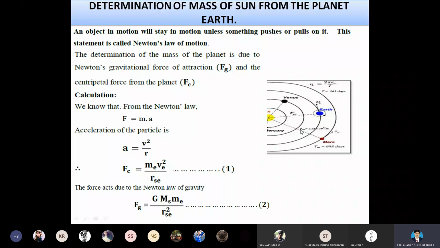If you measure the radial distance between the sun and the earth, the force is directly proportional to the mass of the body, but inversely proportional to the radius. That's why we are using the term r. So here the r square is nothing but the distance from the earth to the sun plus the sun's radius. So this is the r square.